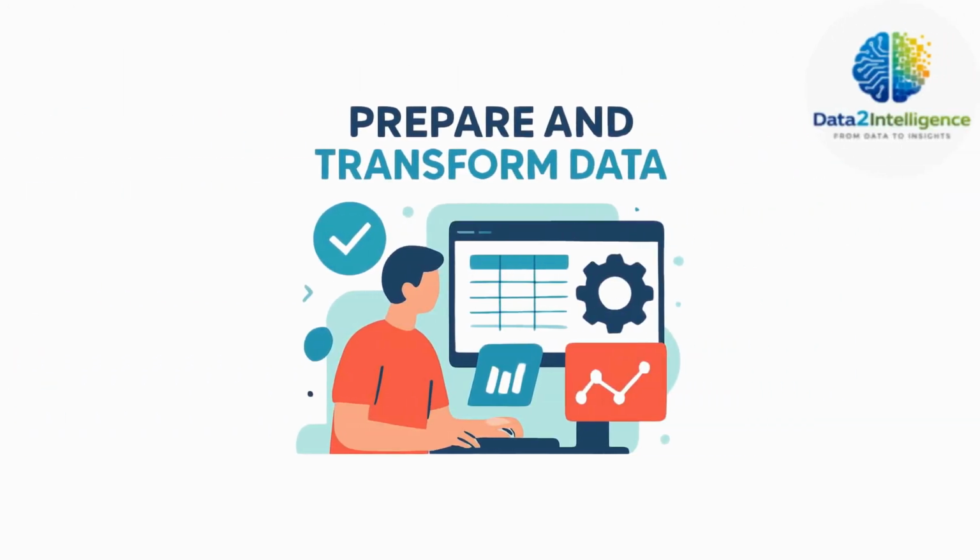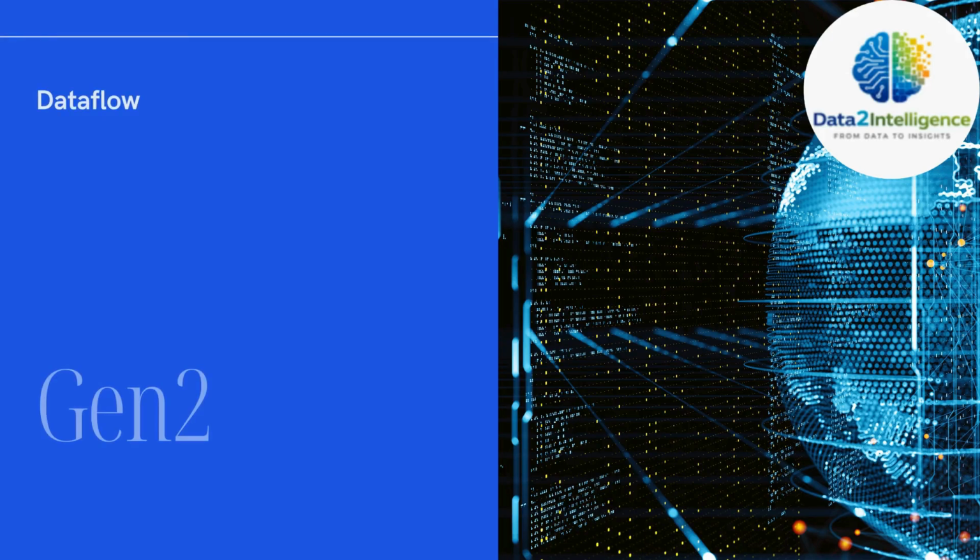In the prepare and transform stage, clean, reshape, and enrich the data using low-code visual transformation or code-first notebooks and reusable functions without moving data out of OneLake. We can further transform the data by using either code-first engines or low-code tools, all within Fabric with no data movement between engines. The first one